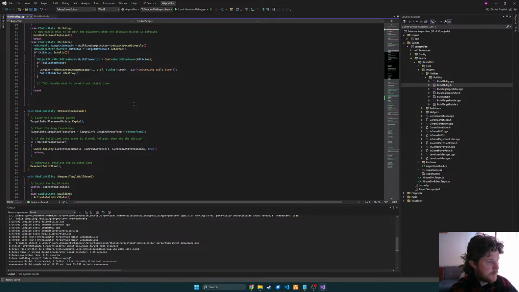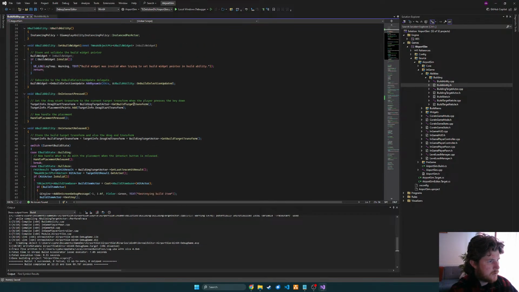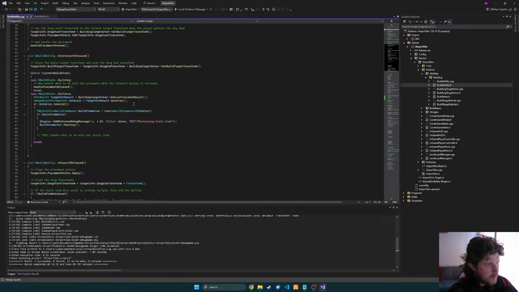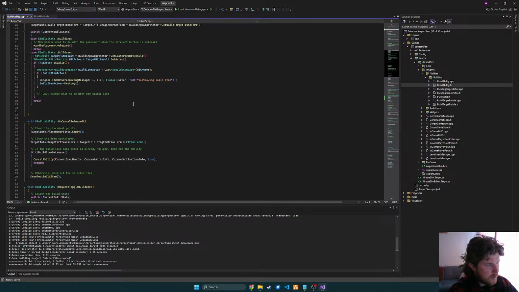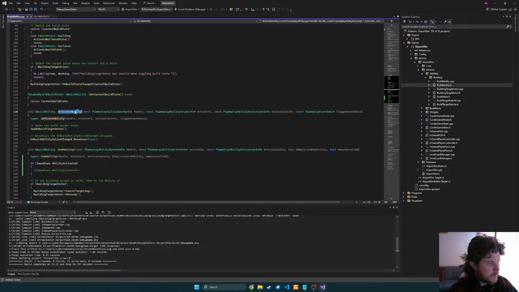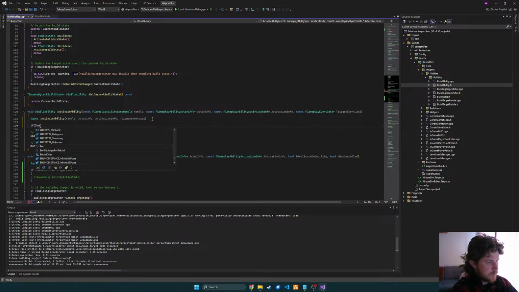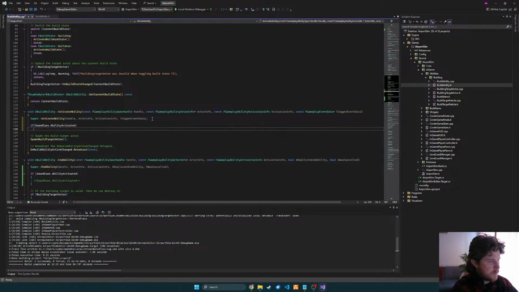Then okay. So if MQs dot ability activated,